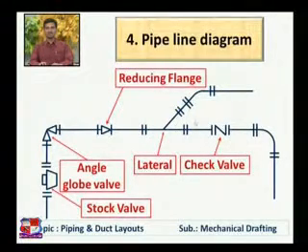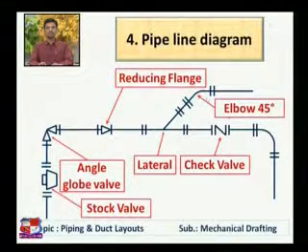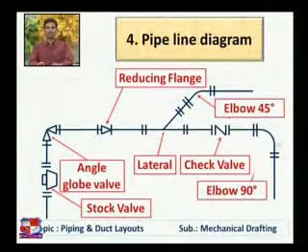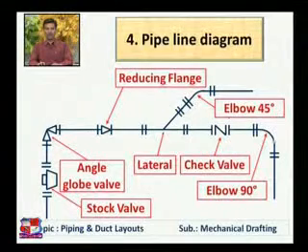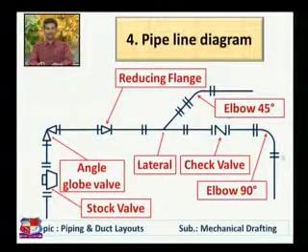Here this symbol represents a check valve. So here we have to put check valve in the pipeline. This is elbow of 45 degree. You can see here 2 pipes are at an angle of 45 degree and they are coupled here with elbow of 45 degree, and here 2 pipes are connected with elbow of 90 degree, and this elbow is flange coupled as here 2 lines are drawn.